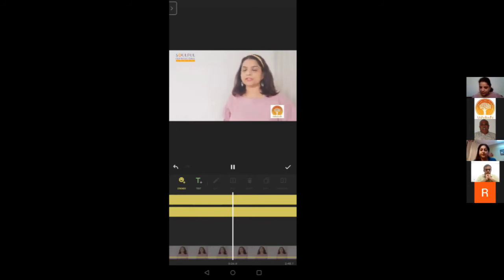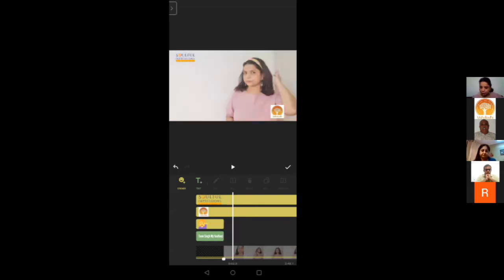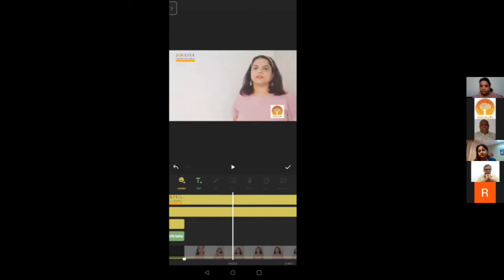Now you go back. Okay, so you, with the slide of it. So see, if you hold it from the bottom and slide it, then your whole video will keep sliding. Fine. Now you have to crop the video. Okay, so come to your video. Slide the video and come to that transition.